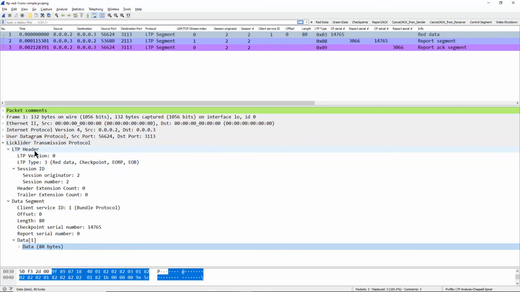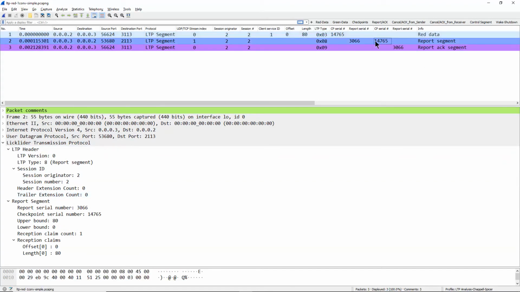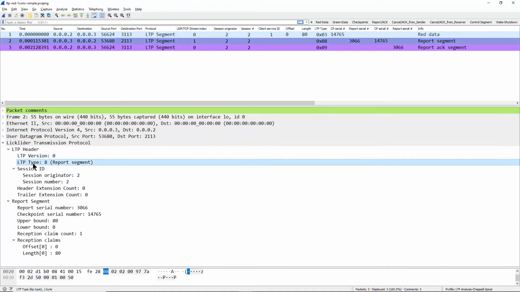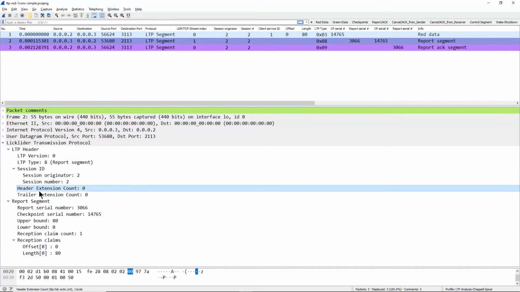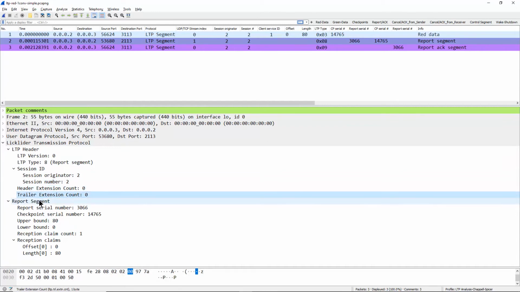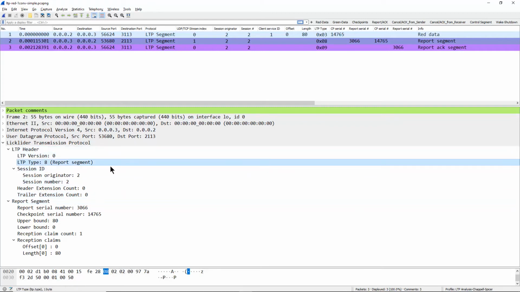So the LTP header itself is static, but what follows it and what's added onto it will be different based on the purpose. If I look down here at the report segment, I can see here's the LTP header, there's version, type, and then we have session originator, session number, header extension count, trailer extension count, and what follows it is going to be dependent upon what LTP type number we see up above.